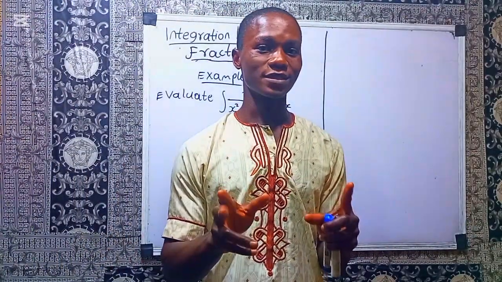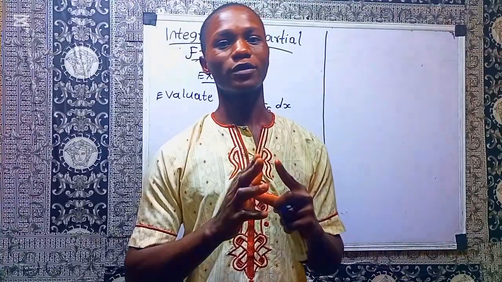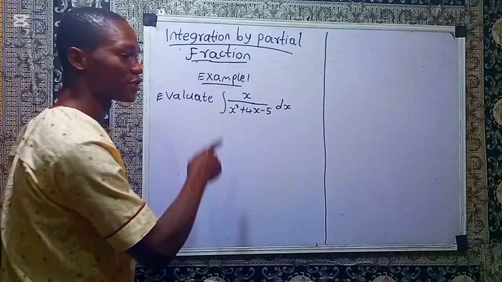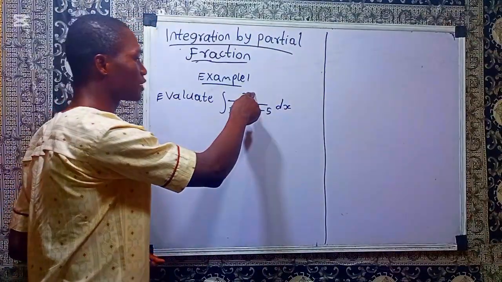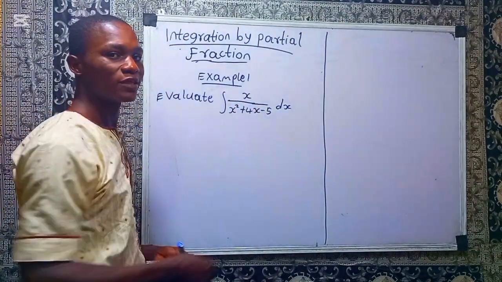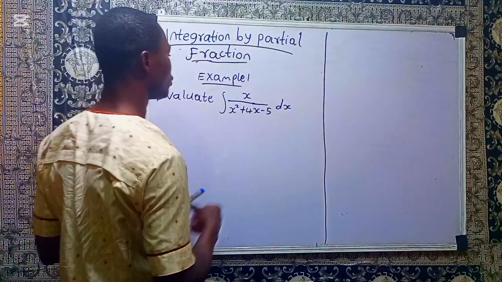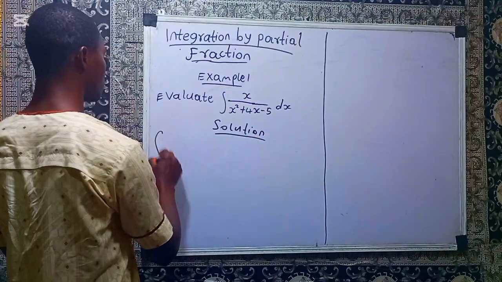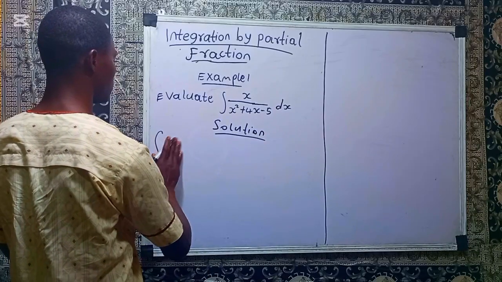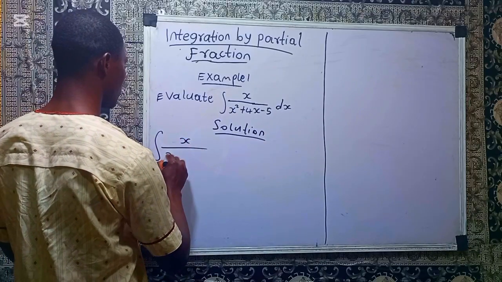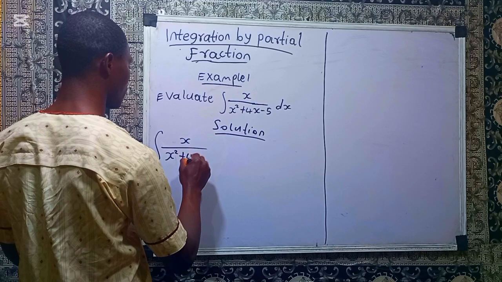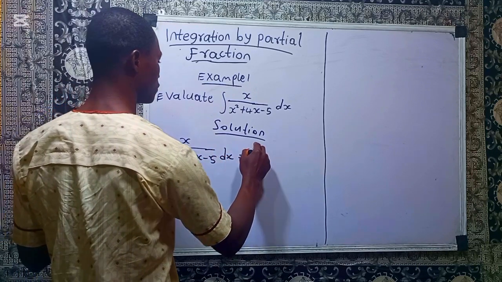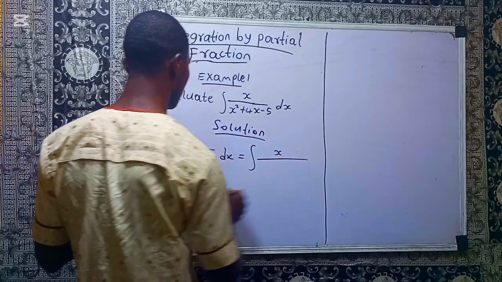This is mathematics class and we are here again to consider another important topic, integration by partial fraction. So we can use partial fraction here because the degree of the numerator is smaller than the degree of the denominator. So what do we do? We factorize that expression, right? To factorize it. Solution: integral of x divided by x squared plus 4x minus 5 dx is equal to integral of x divided by, we can